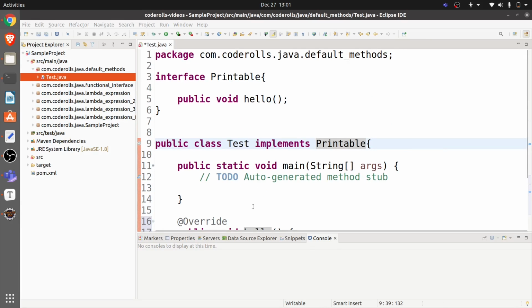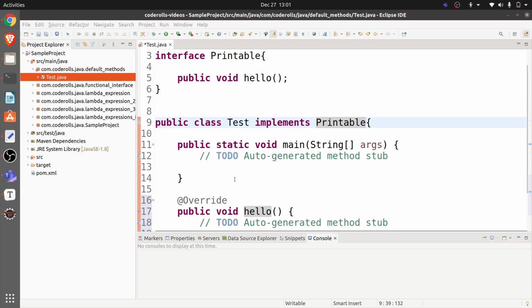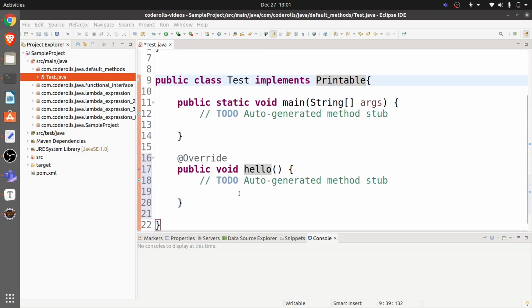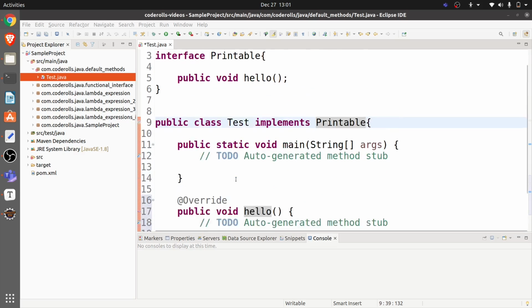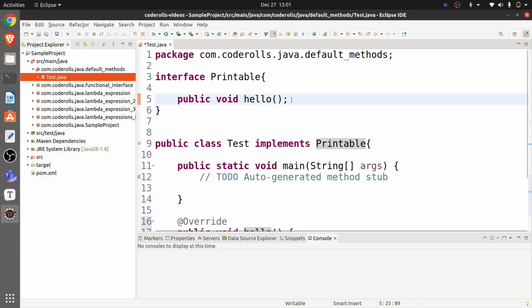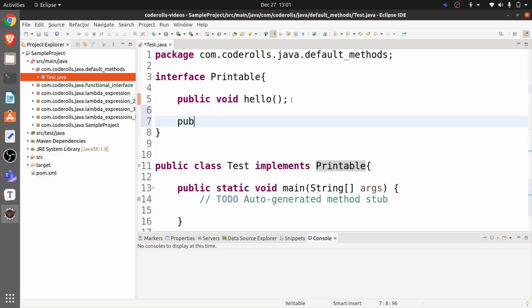So if we add multiple methods in the printable, we have to compulsorily provide implementation for all the methods. Let me try adding one more abstract method. So public void print name. Okay, and I will save.